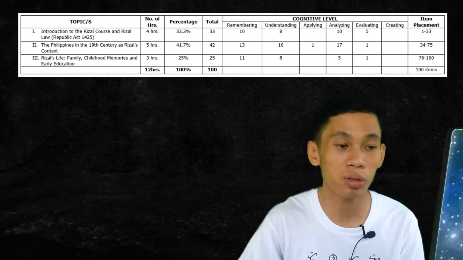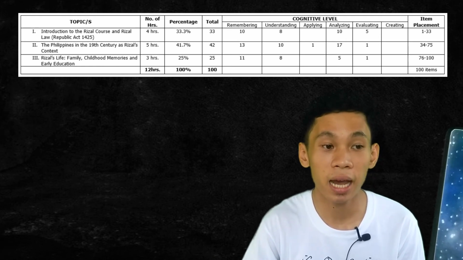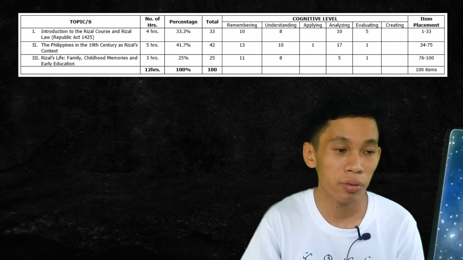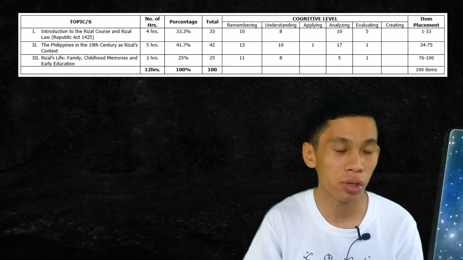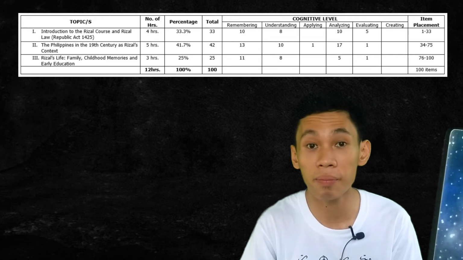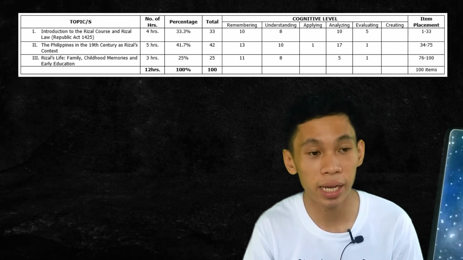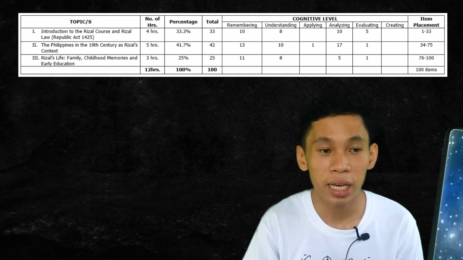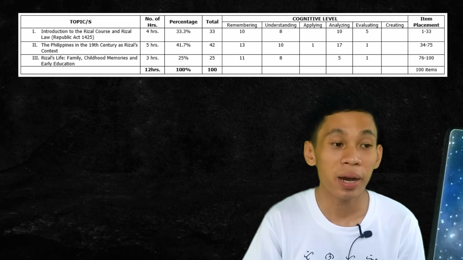And then, madidistribute ko na siya dun sa cognitive level. Dito na yung remembering, understanding, applying, analyzing, evaluating, and creating. Okay, so, kailangan mo lang i-analyze yung mga question mo. Kung yung question mo ba ay magpo-fall under remembering ba siya, understanding, applying, analyzing, evaluating, and creating. And then sa may dulo, yung item placement, dito mo ilalagay yung mga items kung saan matatagpuan itong mga questions